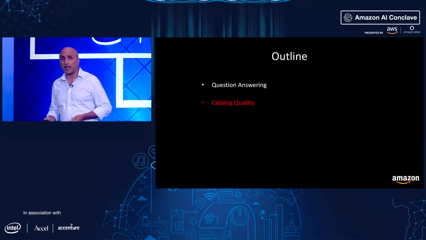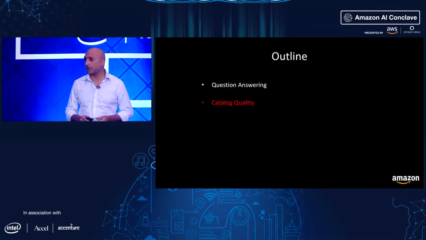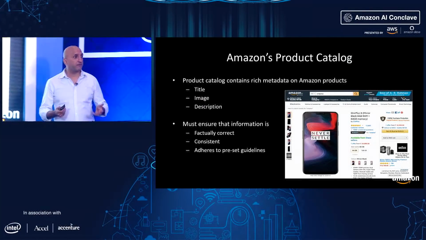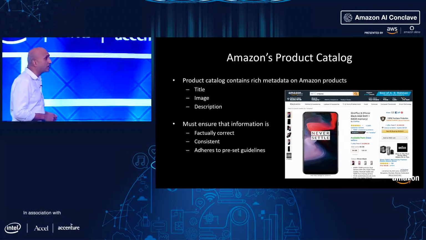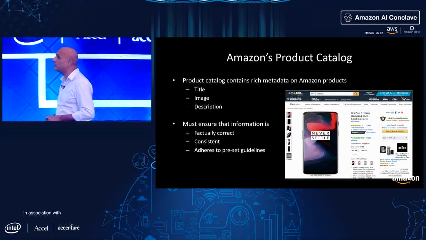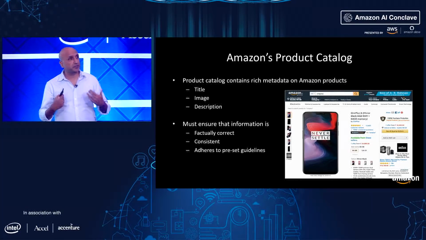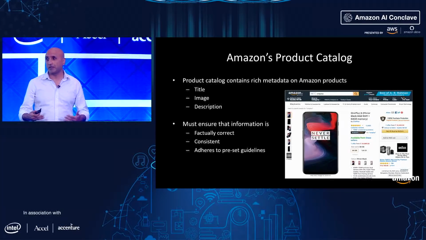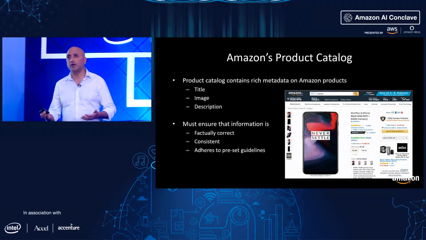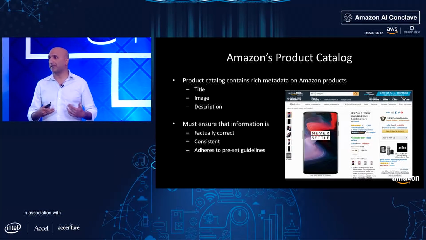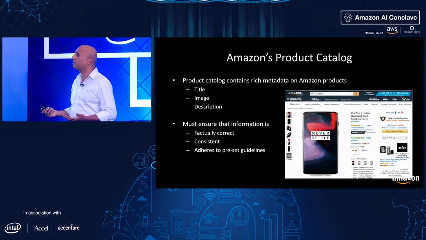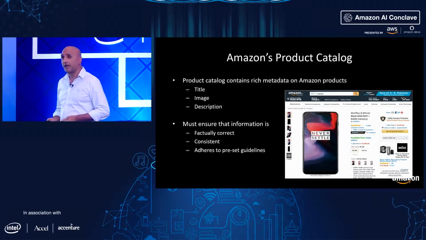Okay. So with that, I'm just going to spend a couple of more minutes on catalog quality, some of the fairly interesting work. I mentioned again, we have close to 200 million products in our catalog. A lot of interesting information around title, image, descriptions. And customers place a lot of trust in the catalog. They make all their buying decisions based on what's in the catalog. So, poor quality catalog will hurt sales, will lead to more returns, and so on. So we pay a lot of attention to making sure that the information in the catalog is correct, consistent, and adheres to